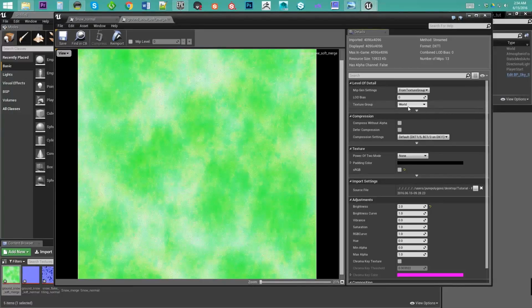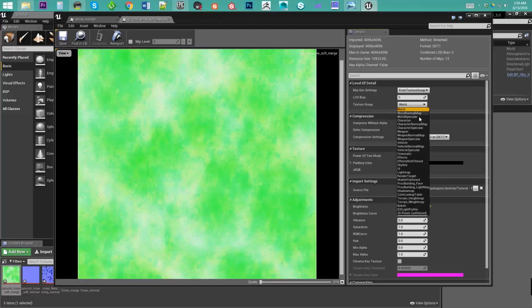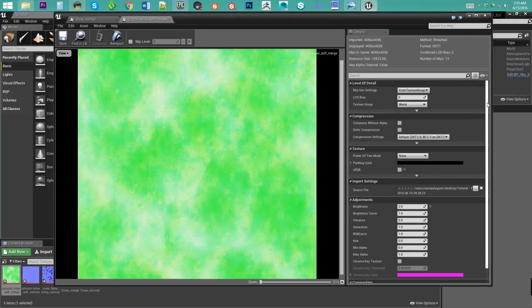Then here under texture group is essentially you can set different settings for the compression and for the MIP and for a lot of other fun stuff globally if you change what texture group you're importing this into. So as you see, it has options like character or vehicle or light map, and when you import it to character, then you can just have all the settings across all your characters the same. So if it's anti-aliased, or like I said, if it has a better compression,